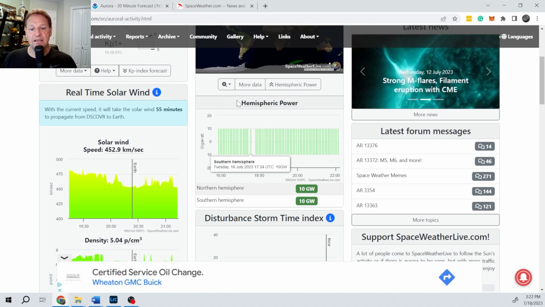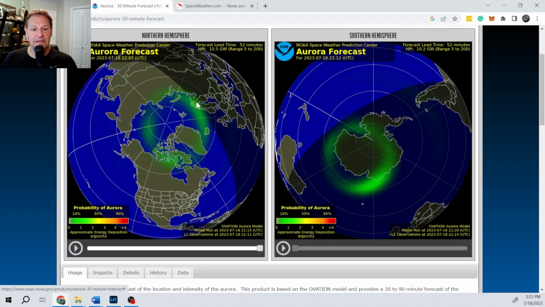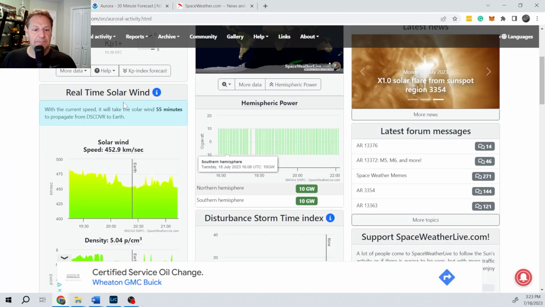And here they call it the hemispheric power, and they give you this nice graph. If you go back to the 30-minute aurora forecast, that's the HPI that's up in the corner here. So if we scroll down to here, we've got 10.5. Lead time is 52, so this might be a little bit out of date because it just updated on the other one. Here we're at